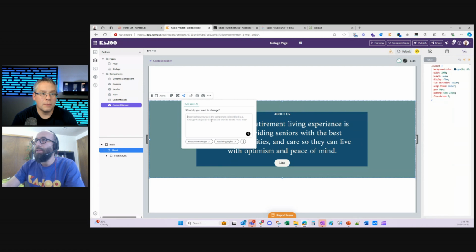I can edit with AI and say, change the background color to a gradient using different shades of dark green to be aligned with the Biolage.ca brand.